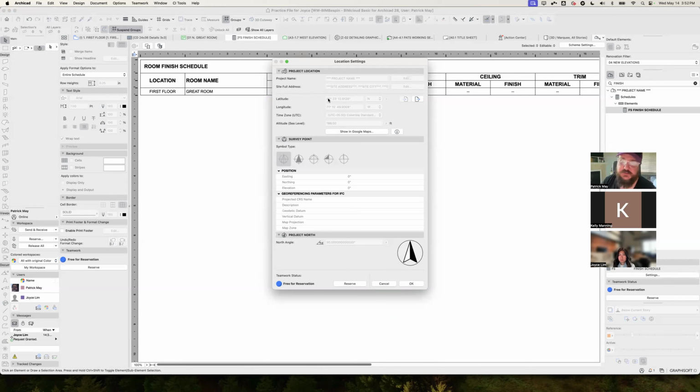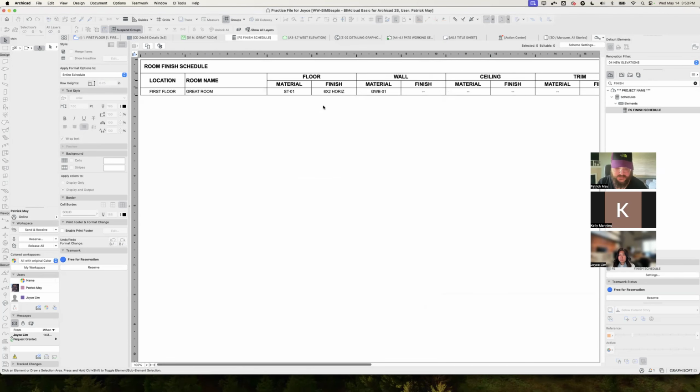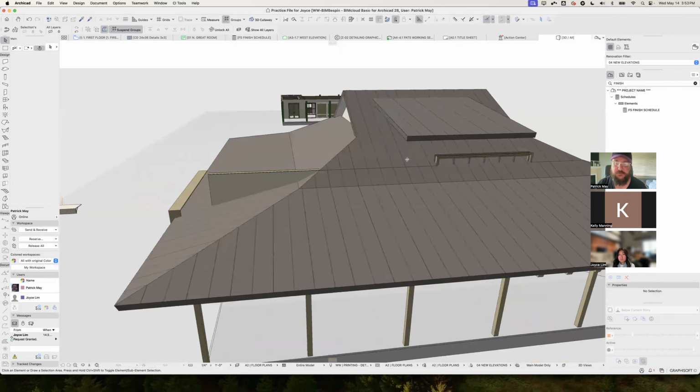But it also ties to a lot of the global information when we coordinate with IFC. So setting the project north relative to your site and your building is important for understanding sun position, but also longitude, latitude, time zone, and altitude all need to be adjusted. The project address is actually pulling from the project info, so this will update when you update the project info. But getting all of this stuff set means that when I come into my model